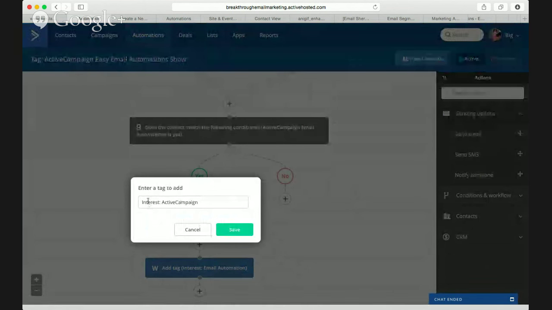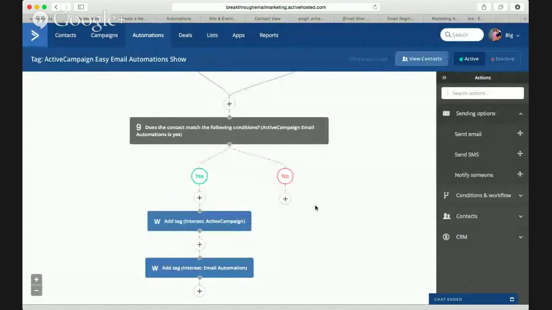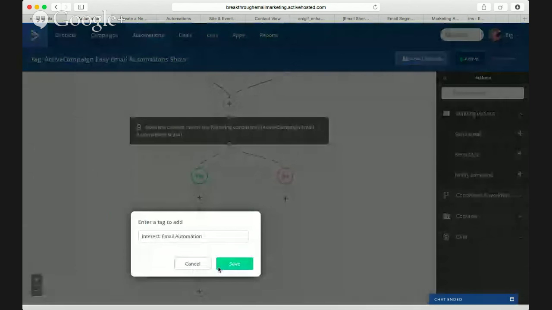I'm going to tag them with interest ActiveCampaign. And I'm going to tag them interest email automation. Okay. Now, why would I do that? This is all about ActiveCampaign, but it's all about ActiveCampaign and email automations. And I could have just done one tag, ActiveCampaign easy email automations, but